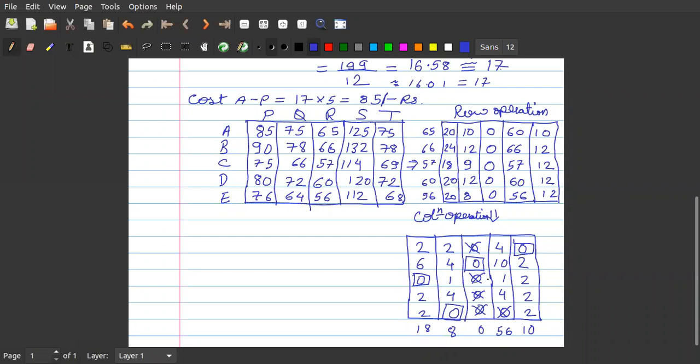So are the allocations done, or is the answer optimal? What should be the number of allocations? 5, sir. Since we have 5 workers, it should be 5. It should be equal to the